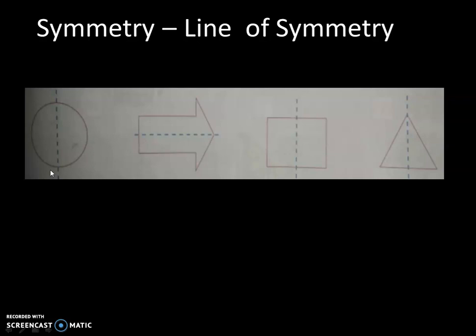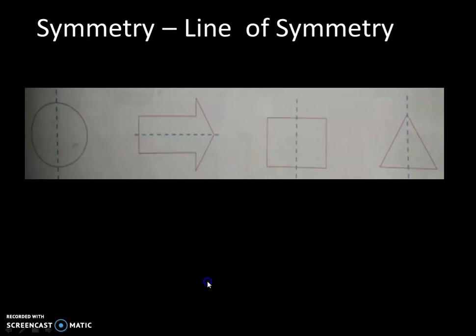Okay, so you have the line of symmetry. The line of symmetry is a line which, when the shape is folded, gives the same image. When you fold it, you see the overlapping of the image, that is, no extras will come off; exactly it will merge with each other. So that is the line of symmetry.